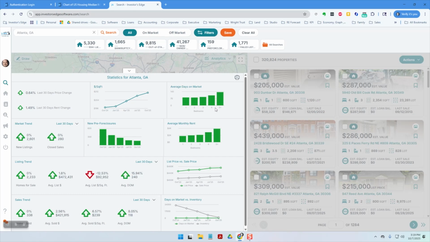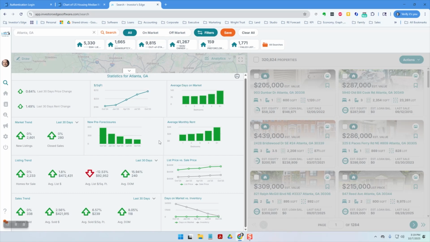Now that's Atlanta, Georgia as a whole, gives us a really good idea of what's happening there, tells you what's happening with inventory and everything else. But if we look at the last 90 days, average days on market is 194 days, okay? For a 5-bedroom house, it's 135 days over the last 90 days. And a 3-bedroom average time on market is 86 days. So let's say we have a 4-bedroom house, 102 days is what we're looking at on the market. So I'm going to add that to the 60 days that we've already been talking about.